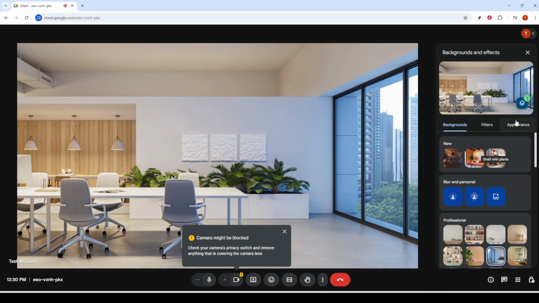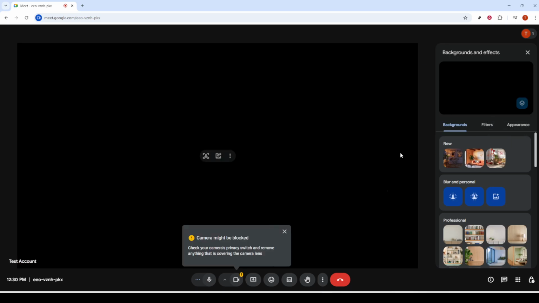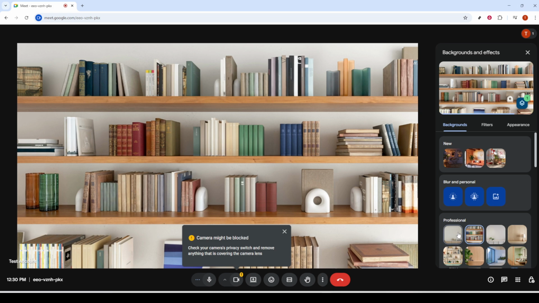A few quick tips to make it look better. Good front-facing lighting helps the background effect separate you from the scene, so sit near a soft light if possible. Busy patterns on shirts and fast head turns can sometimes create slight edges, so move naturally and choose simpler clothing